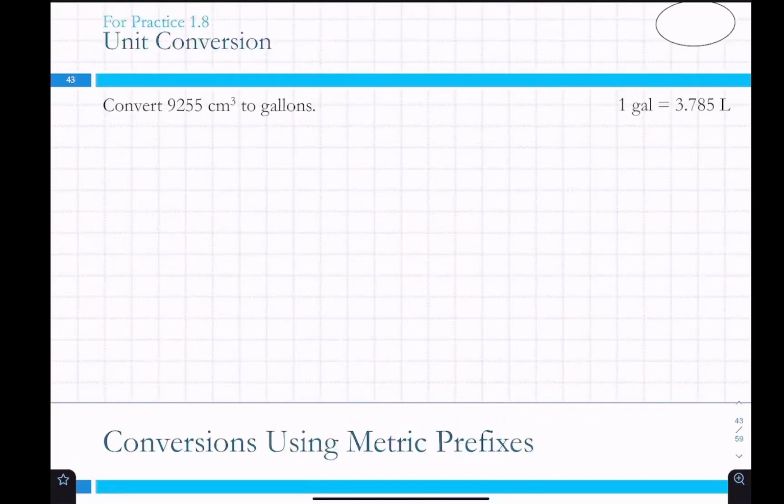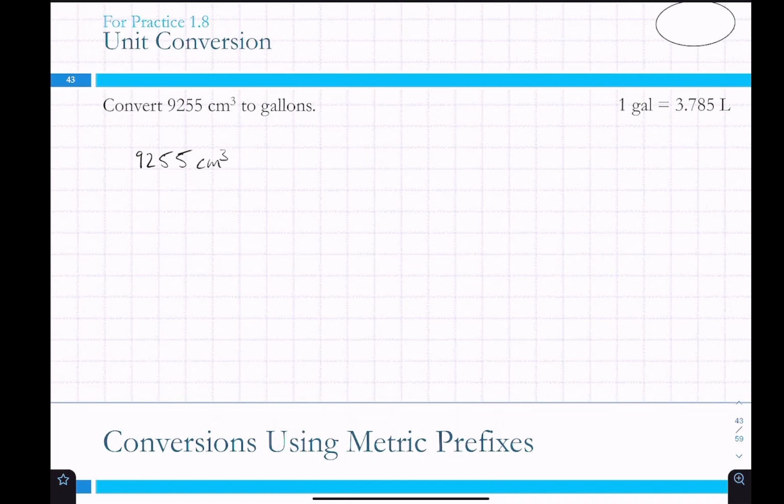Okay, so we're going to go through some of these problems I didn't get to in lecture. Just give you the walkthrough on how to do them. So if we're going to convert 9,255 centimeters cubed, or cubic centimeters, to gallons, I'm going to start out with our given here, 9,255 centimeters cubed, and hopefully you've tried these already on your own, and you're coming here to look for some more